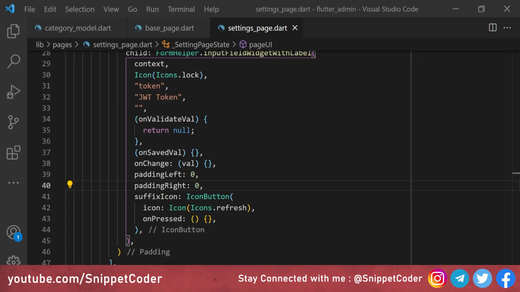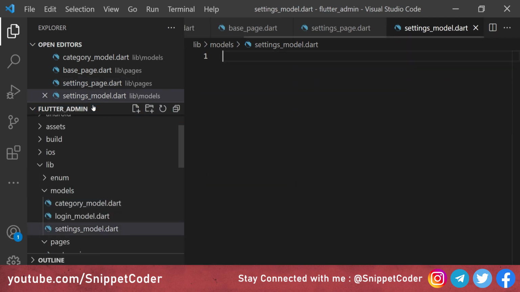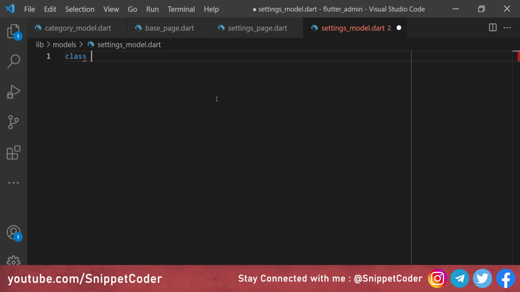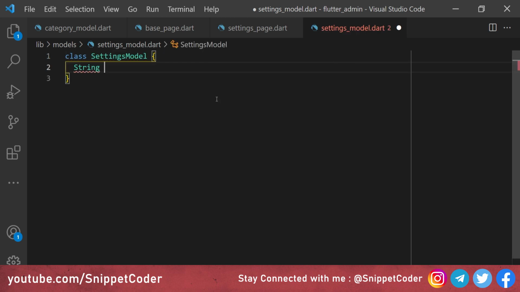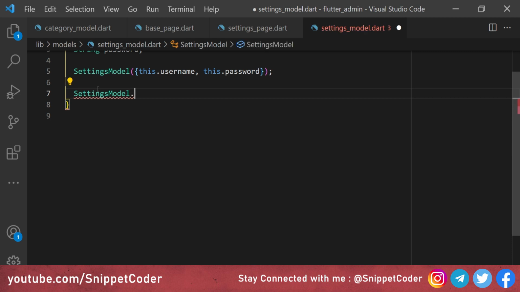So first of all, we will create one model file here, and that will be used for the settings model. And here we have the settings_model.dart file, and here we will have class SettingsModel. And then we have String username, String password, and here we have the constructor, this.username, this.password. And then we will have SettingsModel.fromJson(Map<String, dynamic> json).